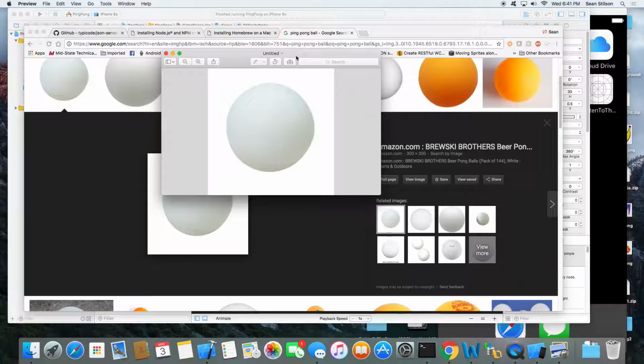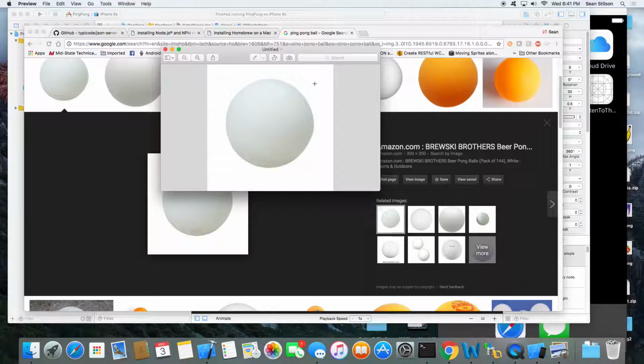You guys all have a ping pong ball? I have one saved, but my preview's taking a minute to load. Yeah, I don't know why. For some reason, preview is really slow on these machines. You have preview in the top left, and your file, and then